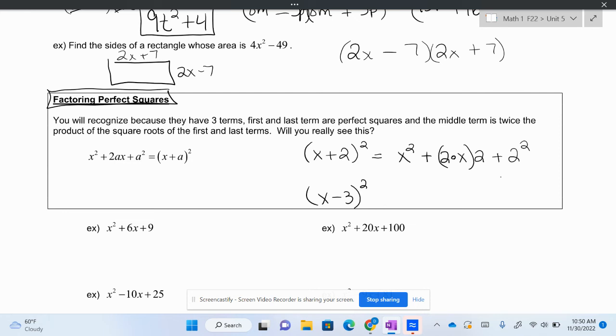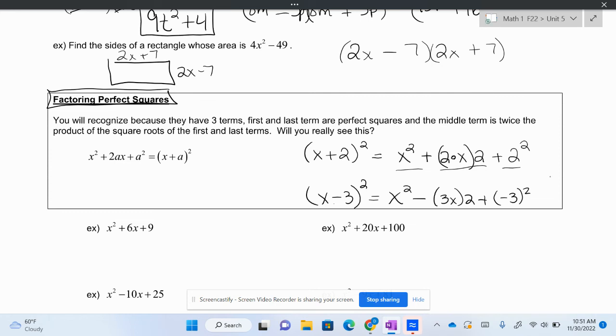A difference. So if I square a difference, I still am going to take the first term and square it, but now I'm going to subtract the product of the two terms multiplied by 2, and then I'm going to square the last term. And a negative squared gives me a positive. That's why it's plus. So it's helpful, and I told you yesterday, remember, this is helpful because it helps you recognize